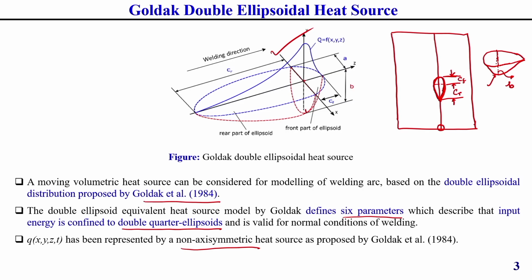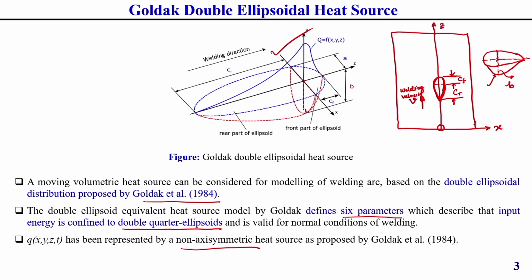And apart from these things, let us consider this is your x axis, the perpendicular direction is the y axis, and this is our z axis. Here I am considering it like this, and this is the welding direction. So, welding velocity I am representing as V, you should keep this in mind. I am writing welding velocity or traverse speed, you can say. Now, it is moving in the z direction.